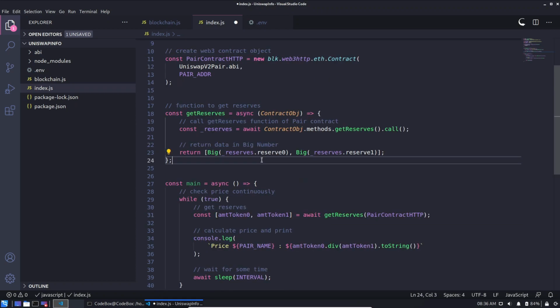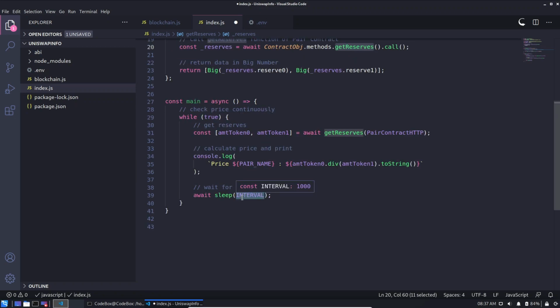The getReserves function is just a simple function to get the amount of tokens available in the pair contract. In this function, we are taking the contract object as a parameter, and then we are calling the contract object's getReserves method, and then we are converting the result into big number format.